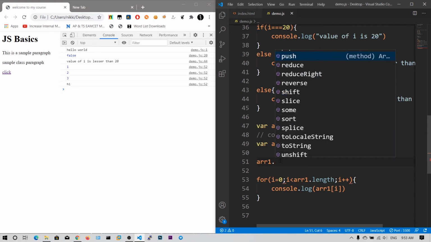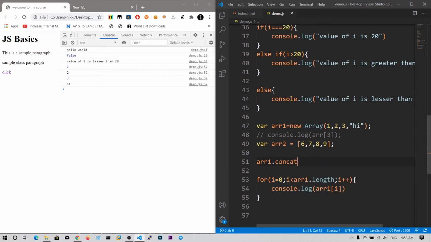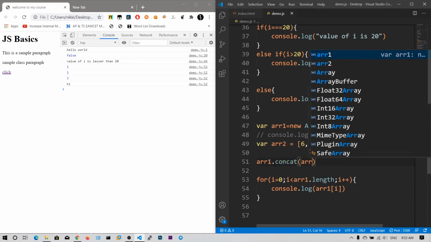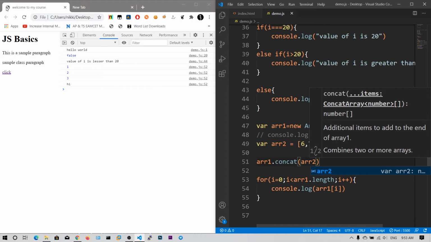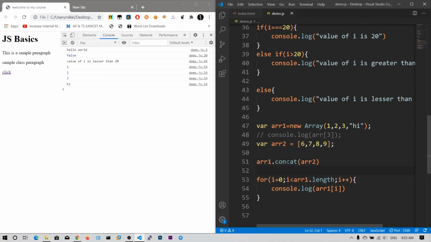So what I want to do is concat of array2. Let me run this one. So array1 did not get changed. Concatenate means take array1 and add all the elements of array2 to the end of array1. In our case, array1 did not change, because this will not apply to array1.